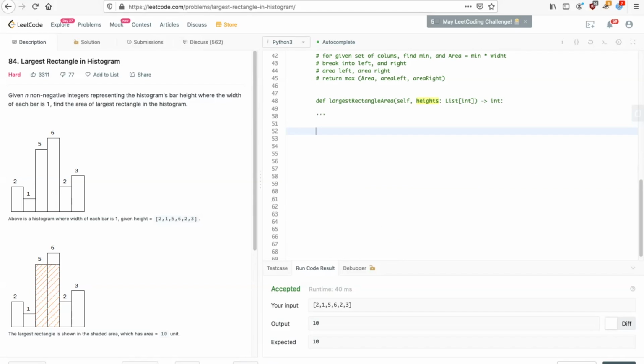So what we are saying is def find min position, start comma end,